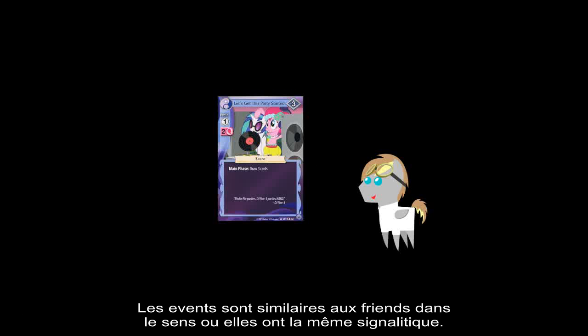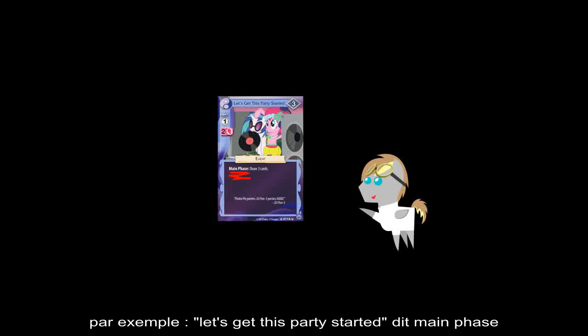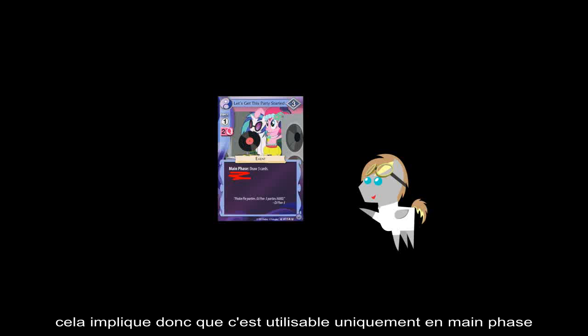Events are similar to friends in that they too have the same general layout. The difference, other than the border and the symbol in the top left, is that events state when they can be used, and once they are used, they are then discarded. See here, "Let's get this party started" says main phase, thus it can only be used in the main phase,